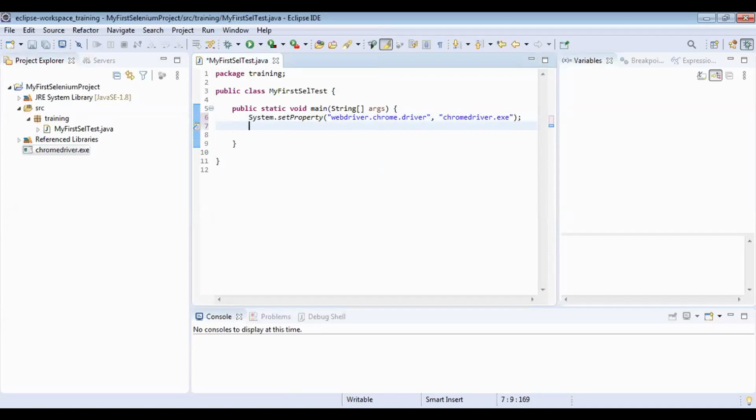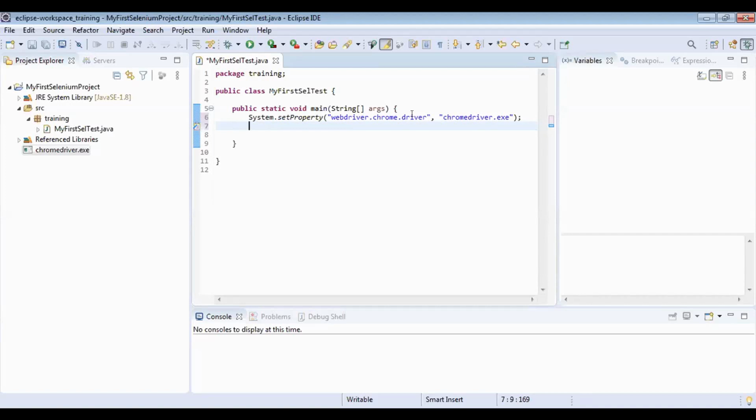Now what is the next step? In case you have any web application and you want to test, what would be the first step you do? Get the URL of that application.